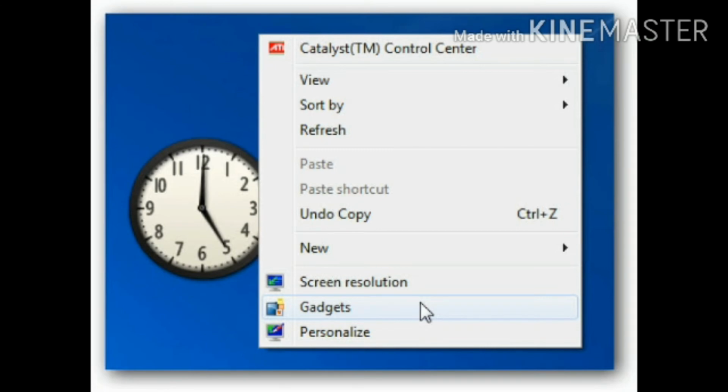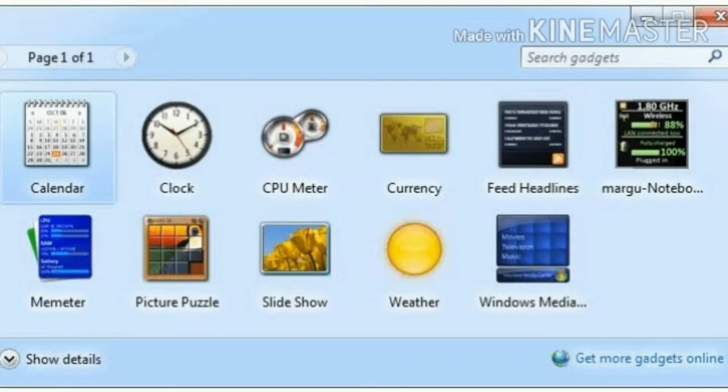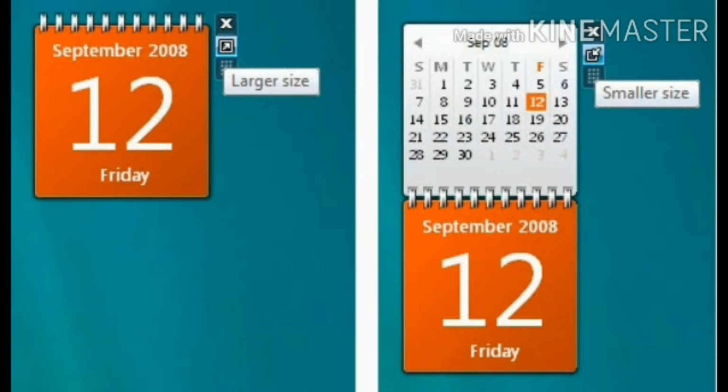In that you have to select the gadget option. Now the gadget window will display on the screen. You have to select the calendar option to apply the calendar on the desktop. If you want to remove the gadget from the desktop, right click the gadget and select close gadget. Now the gadget disappears.